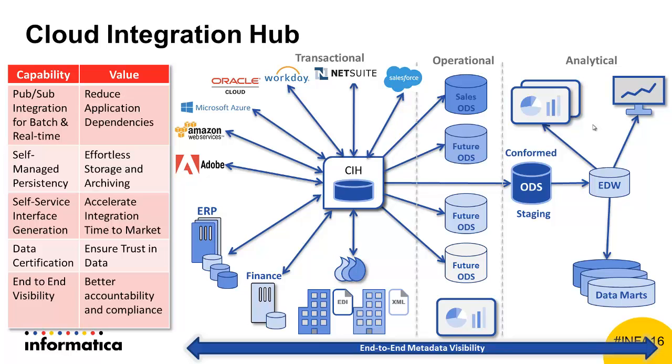But on the other side, you could have a data warehouse in Azure that says, I just need this information at the end of the week for analytics purposes. So they could subscribe to that same information at the end of the week. So really what needs to happen is that until all downstream systems have successfully consumed the data, that data needs to be persisted in the Cloud Integration Hub. But once every application has consumed it, the data may not be necessary anymore, so we can get rid of